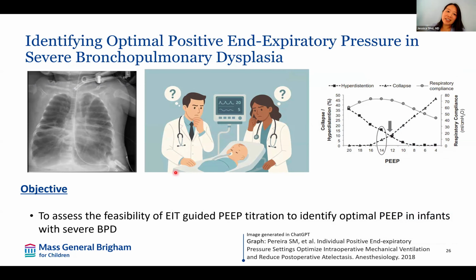I also want to share our work that was recently published this month of how we used EIT to identify optimal positive end-expiratory pressure in severe bronchopulmonary dysplasia. So that's chronic lung disease of the premature infant. And for those of you who work with this population, you know that it can be a real struggle, because infants with bronchopulmonary dysplasia have a heterogeneous lung disease, meaning, for example, in this X-ray of this patient,